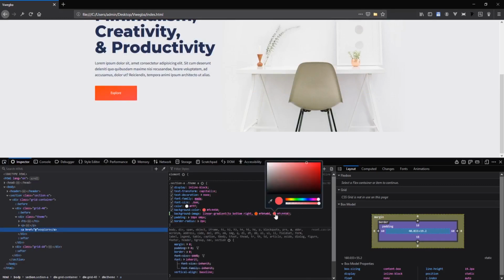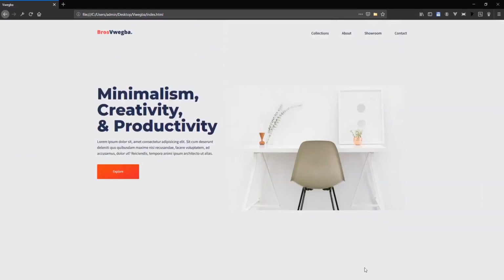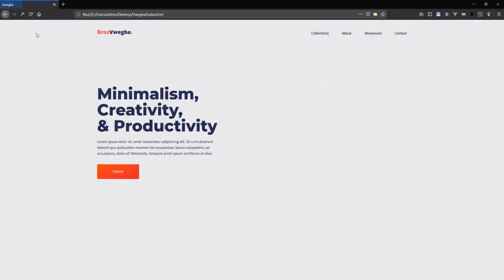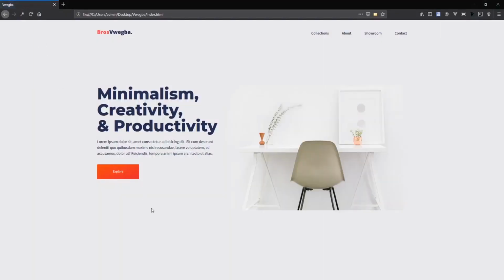Then this other one, pick it and come somewhere like this. Now I want to copy this like this. So I'll copy it and come back to my code, and voila. If I refresh, the code still looks sharp with the gradient.